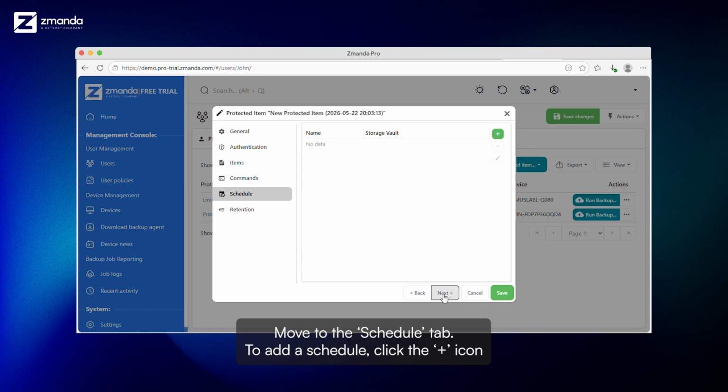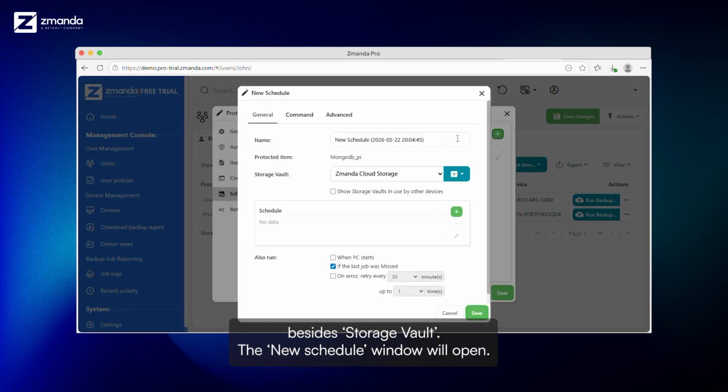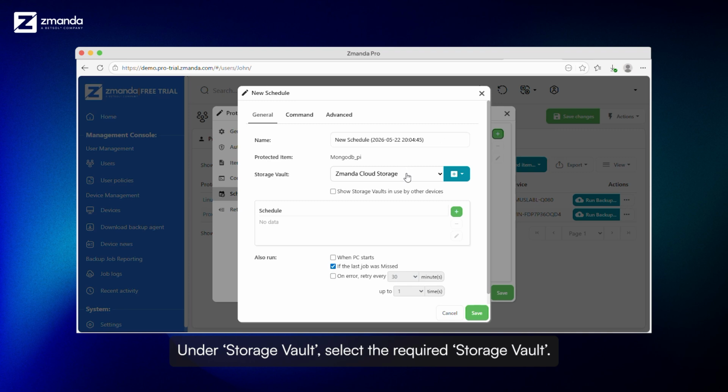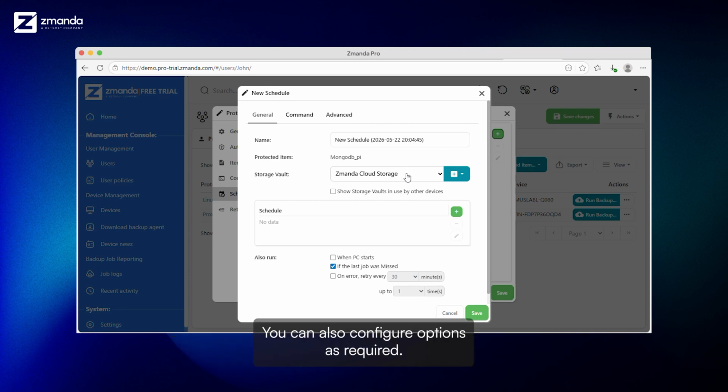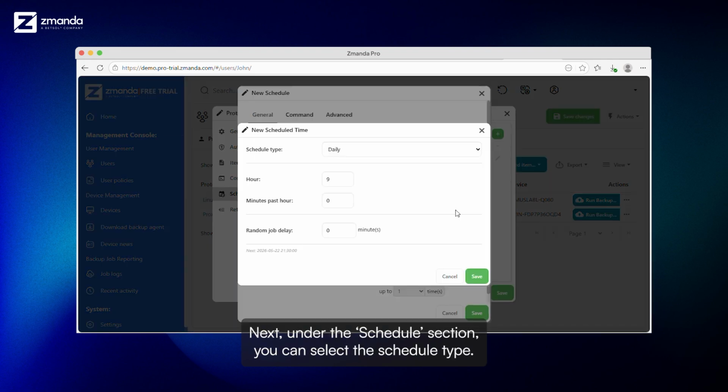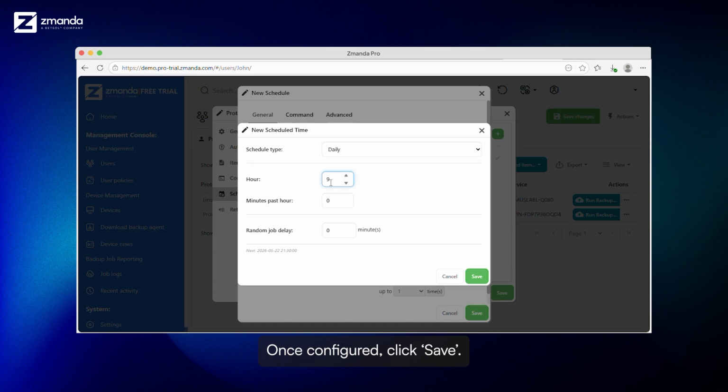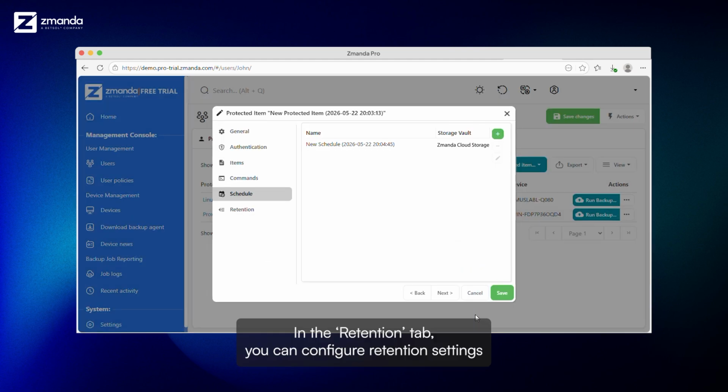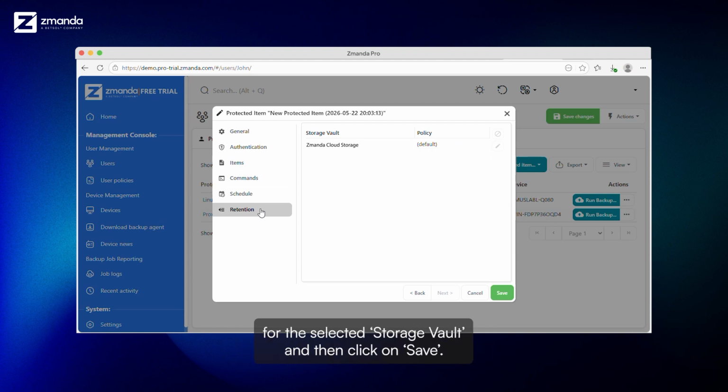To add a schedule, click the plus icon beside Storage Vault. The new schedule window will open. Under Storage Vault, select the required storage vault. You can also configure options as required. Next, under the Schedule section, you can select the schedule type. Once configured, click Save. In the Retention tab, you can configure retention settings for the selected storage vault and then